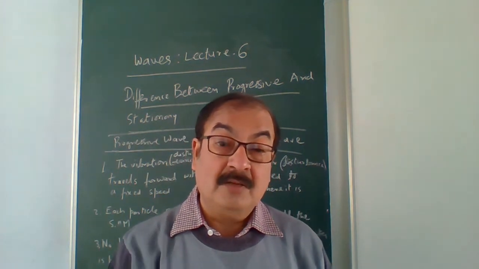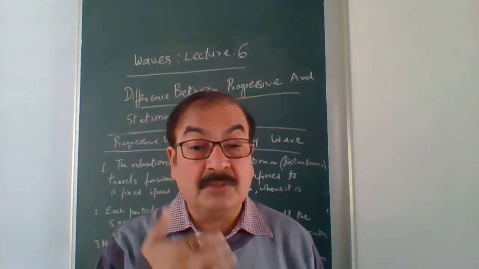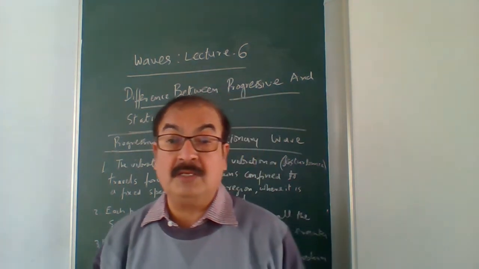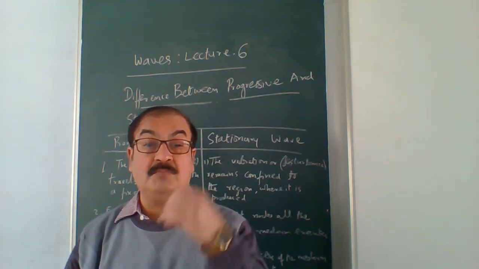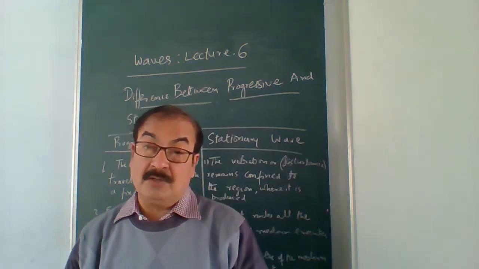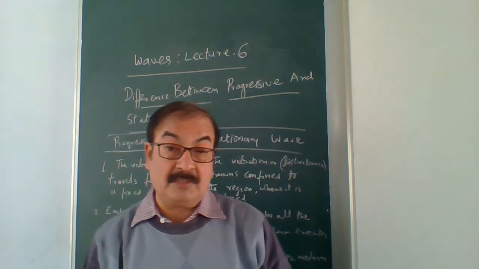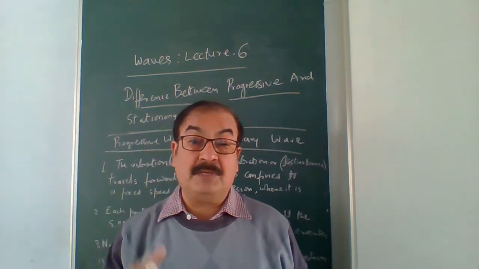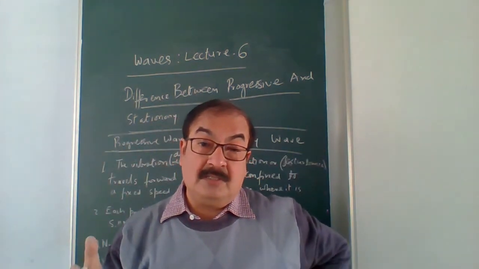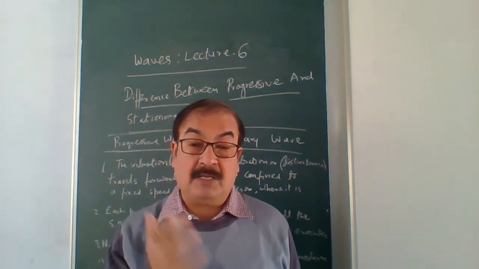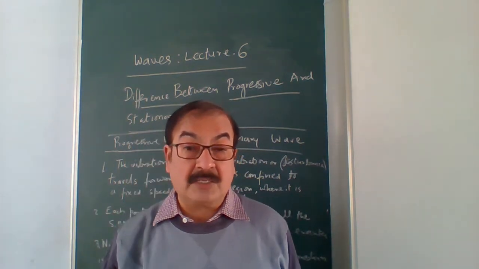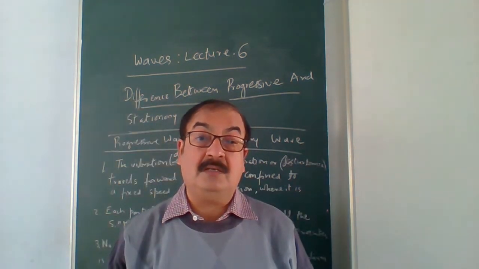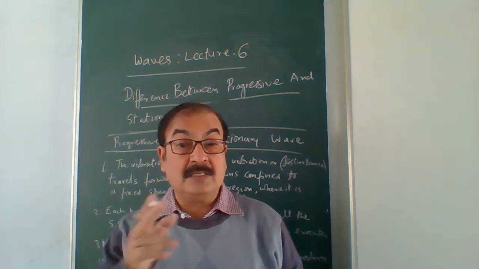On the other hand, a progressive wave is continuously moving. When we say a progressive wave is propagated from one place to another, it is a non-stop movement. This is what we have, a progressive wave and a stationary wave. Suppose we speak in an open space where no person is placing any placard or other obstacle, and I speak loudly. Then it is a continuously movable wave. That is a progressive wave.